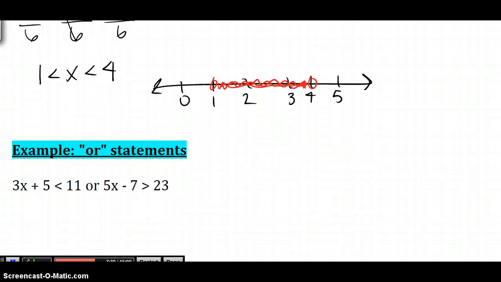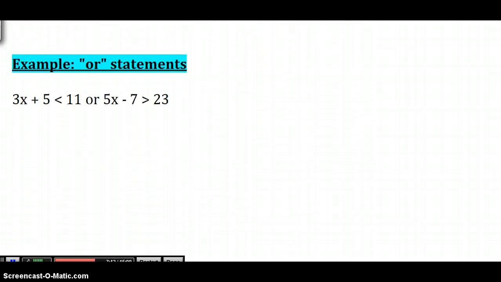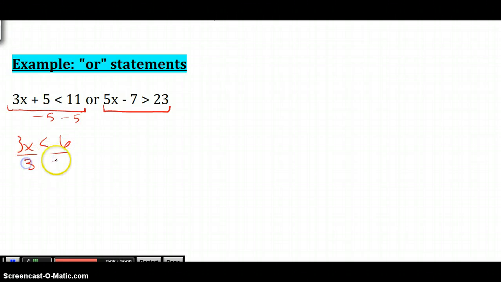They overlap. Or statements are the ones that you shade in opposite directions, and the or statements actually say or, so you should know. So on these you're going to solve each inequality, not equation, separately. I'm going to start on the left side. So to solve for this inequality, I'm going to subtract 5 first, and then divide by 3. So I get x is less than 2, or over here I add 7,